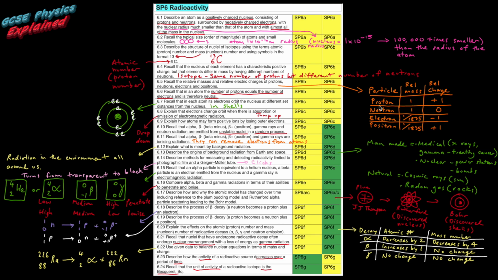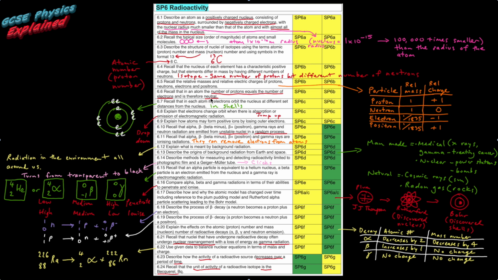That's why they are in the nucleus, and that's why most of the mass of an atom is in the nucleus, because the little electrons orbiting around the outside are nearly 2,000 times less mass. 1 divided by 1,835 is a quote from the book. You've got to recall that in an atom, the number of protons equals the number of electrons, and it is